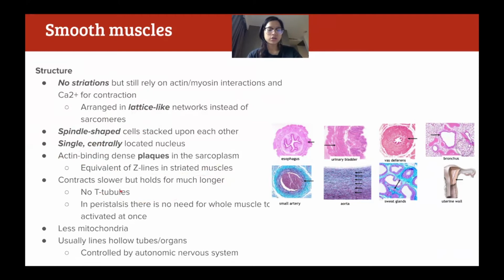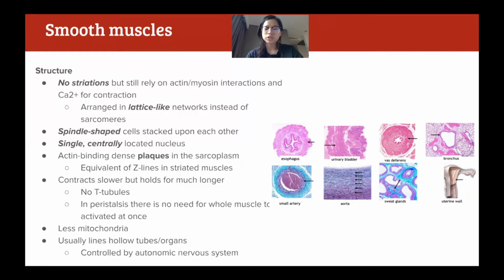And they contract slower but hold the contraction for much longer. The reason they contract slower is because they have no tubules. And the reason they don't need to contract fast is because smooth muscles are found in all of these kinds of structures. Basically, they're found in hollow tubes or organs such as the esophagus, the bladder, stuff like that,